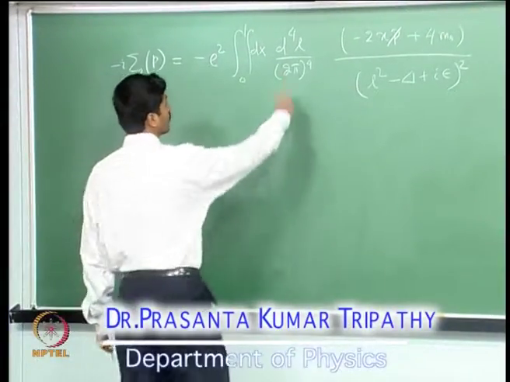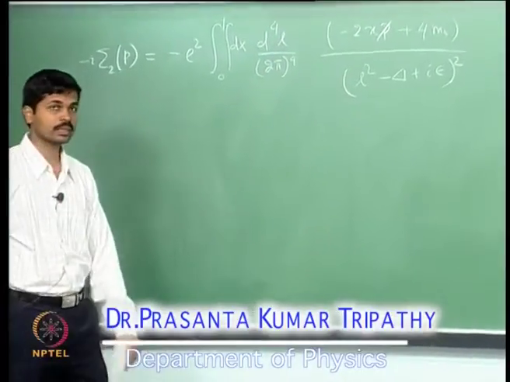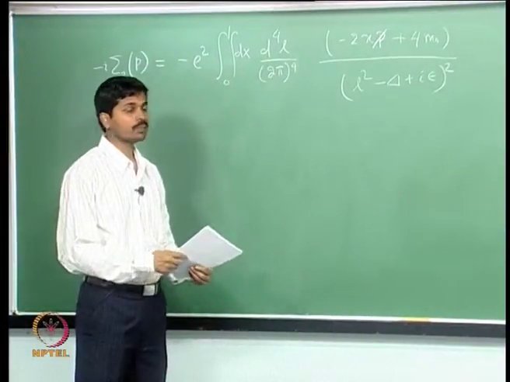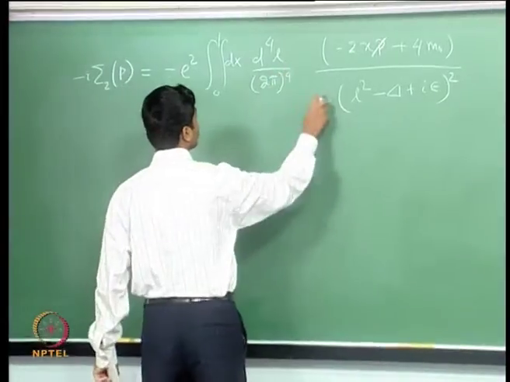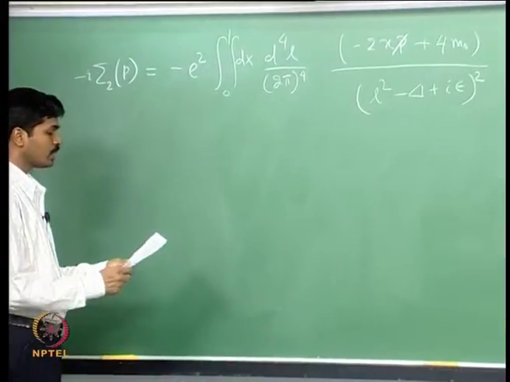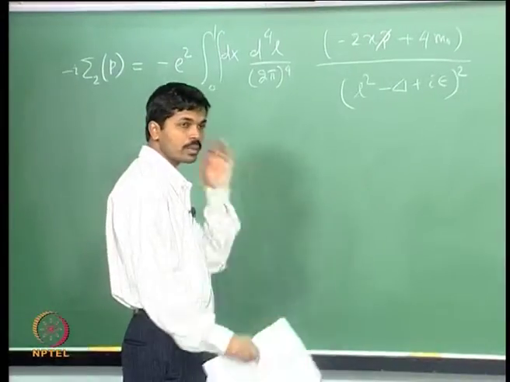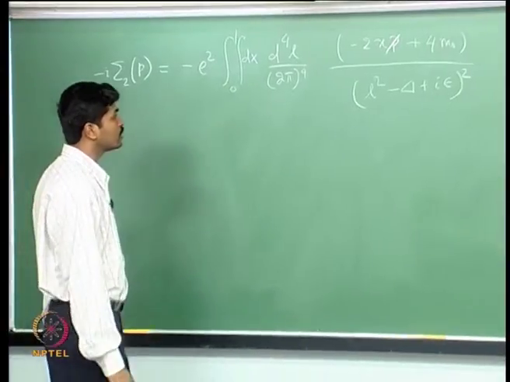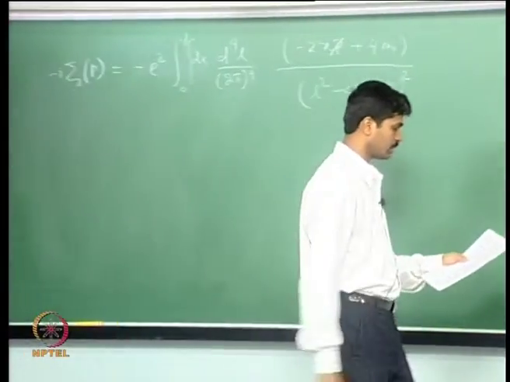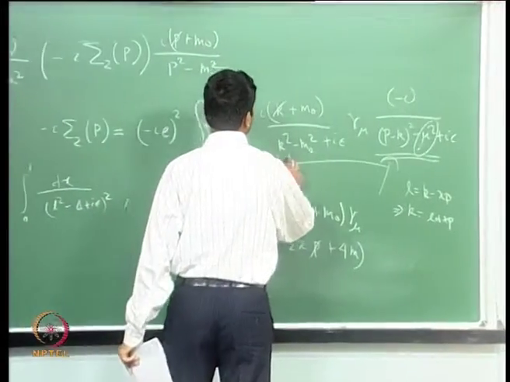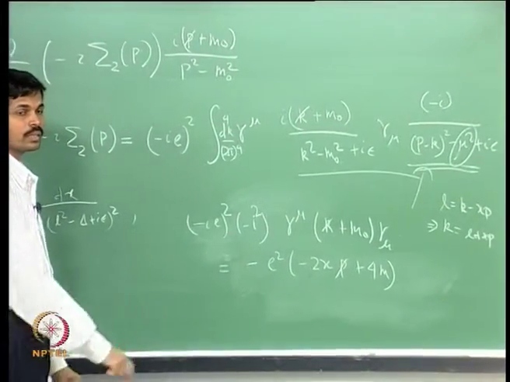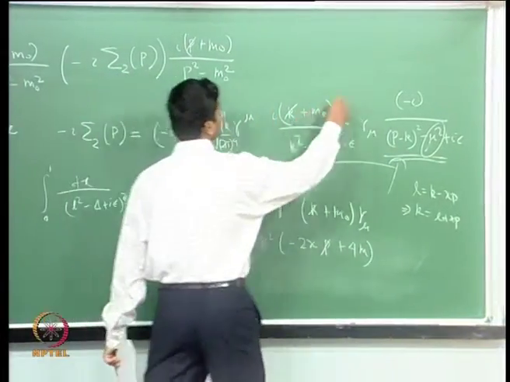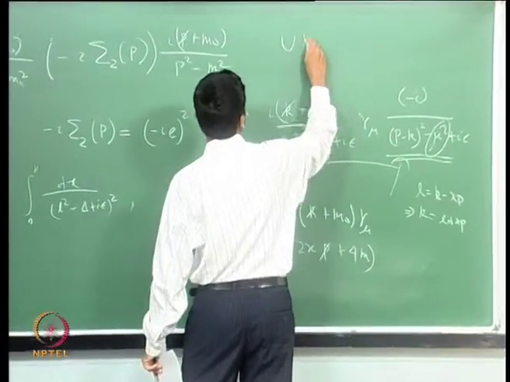Now, you can just do the power counting here, and you can see that this L integration is actually divergent. In fact, it is logarithmically divergent. So, what you need to do is introduce a cutoff. We have already done it when I discussed the vertex function. So, here we will just use the Pauli-Villars regularization. We will put an upper cutoff on the momentum k. So, the ultraviolet cutoff, UV